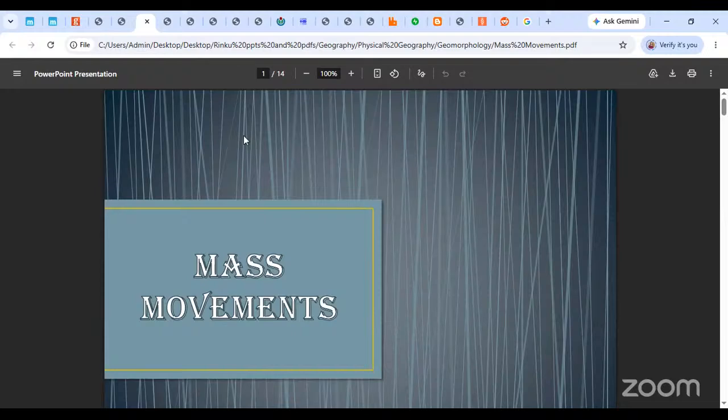People, yesterday in the last session of the evening, what we had covered was weathering. The last of the weathering: we were done with physical weathering and biological weathering, and we saw the effects of weathering, significance of weathering, the rates of weathering, and so on and so forth. Now the next thing that we are going to do, like we had checked out what weathering is. Remember, I had told you yesterday that we are beginning with exogenic processes.